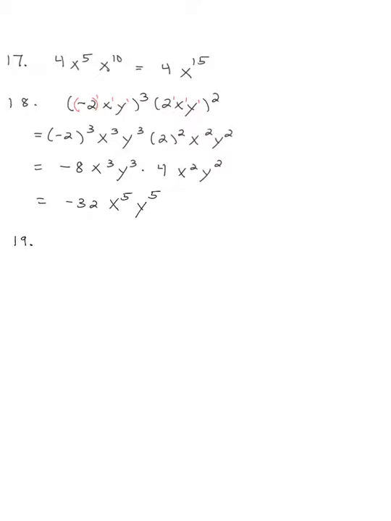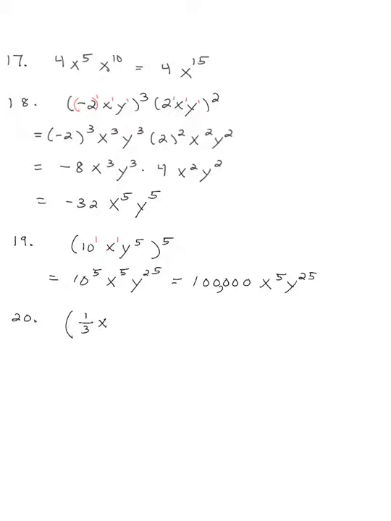For 19, 10xy to the 5th, all to the 5th power. Again, just noting the exponents on both 10 and x. All right, we have 10 to the 5th, x to the 5th, y to the 5 times 5, which is 25. 10 to the 5th is a 1 followed by 1, 2, 3, 4, 5 zeros. For 20,